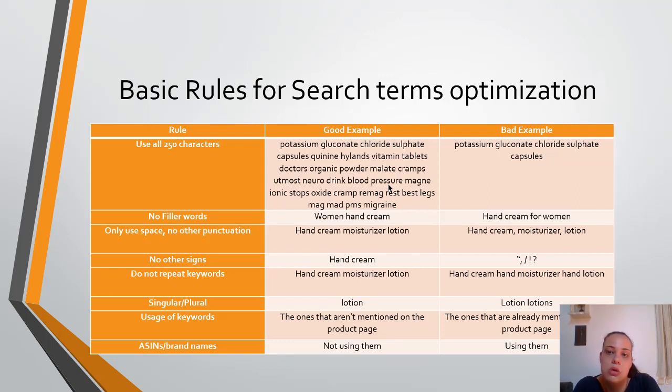So make sure that you utilize all 250, but not with filler words such as in, a, or for, and not the keywords, because Amazon will ignore them anyway, and you will waste your valuable space for search terms, which is limited to 250 characters at this point. So a bad example would be hand cream for women, which means